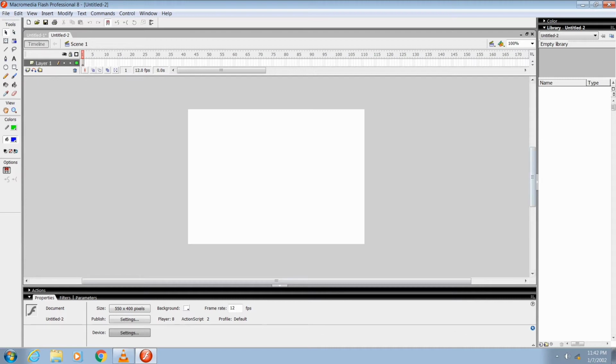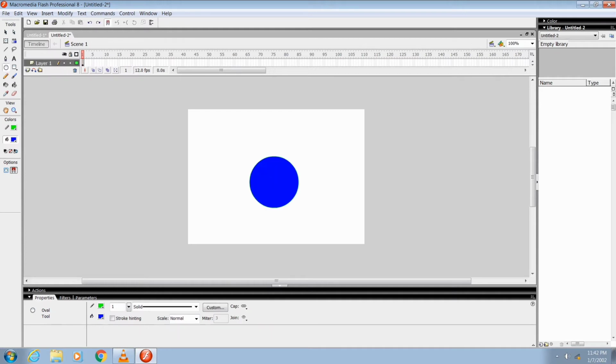Firstly, we will create an object here, like I have drawn this ball. Okay, this is an object. Then I will select this object by the selection tool. I have selected this.